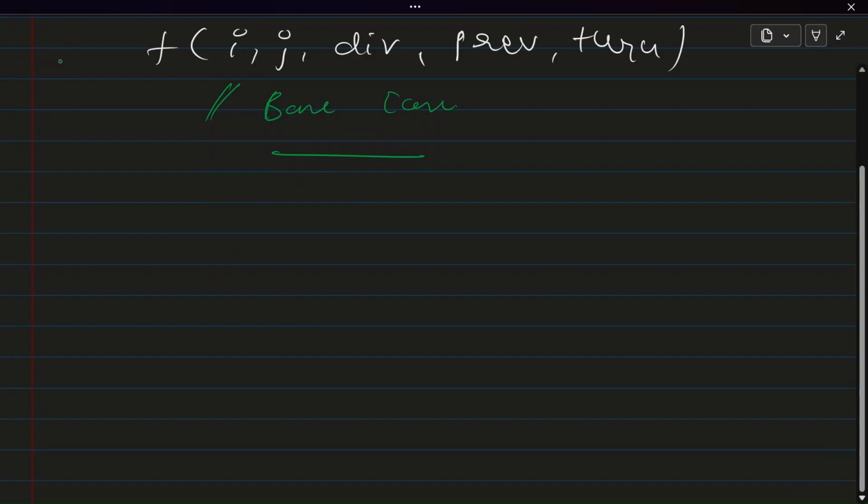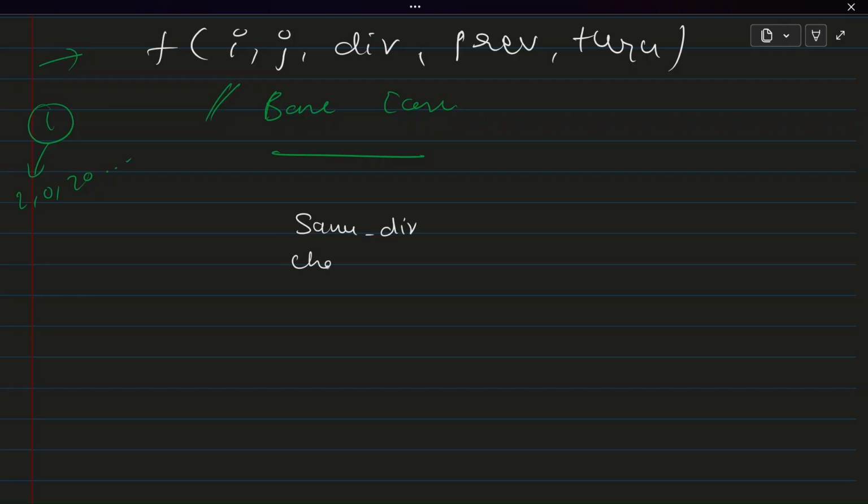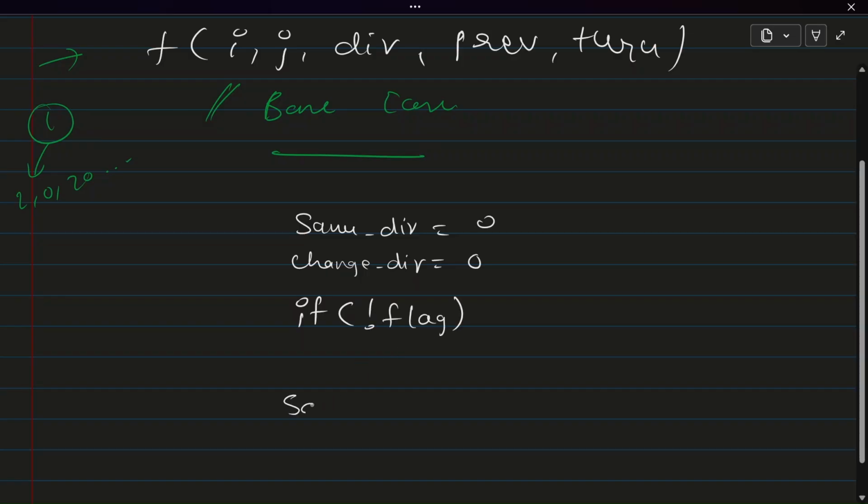So first, let's say our element is 1. Now next I need to follow the sequence 2, 0, 2, 0, and so on, right? So what will be our code here? I have 2 options. Let's say one is same direction and another is change direction. Let's say both are 0, 0. When can I change direction? If and only if the flag is false, right? If not a flag, I can make a change direction, or else I cannot. So same direction will be,